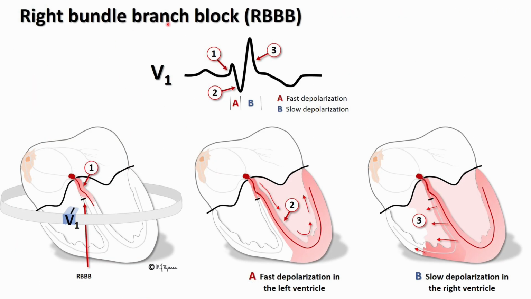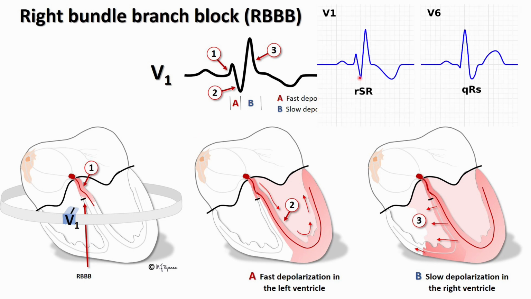So here, guys, would be an example of a right bundle branch block. Because conduction here cannot reach the right side of the heart, it's going to reach the left side first, and from the left side would then start reaching the right ventricle. As a result of this delay, the waves are kind of abnormal. So V1 starts showing this sign,